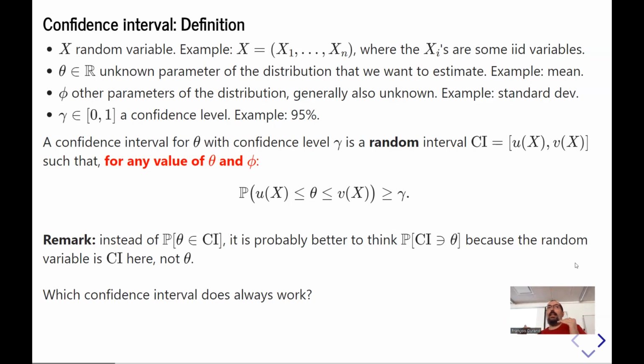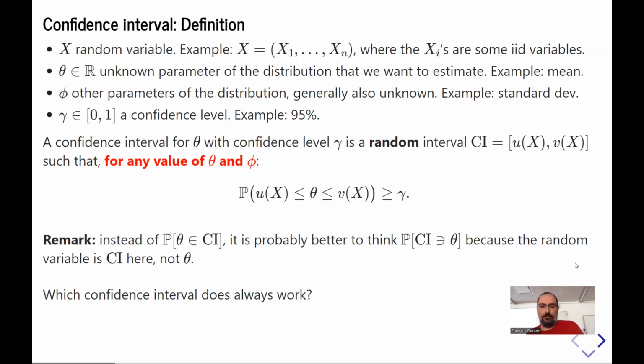And since theta is fixed, you want your procedure to work for any value of theta because you don't want to be trapped by reality. If the reality happens to be a specific value of theta, you want your procedure to work. And what is random here is the confidence interval, because since the data X is random, it will give you